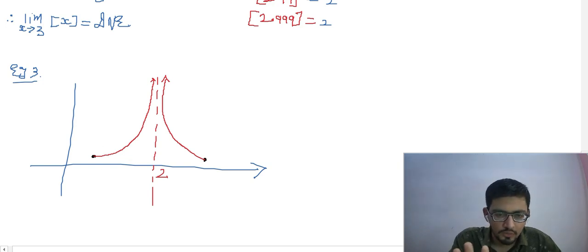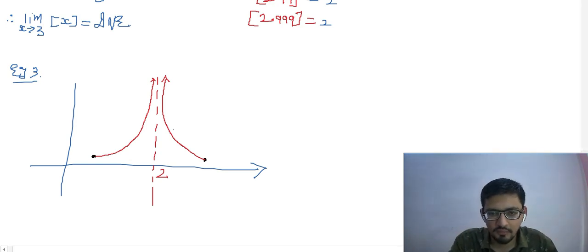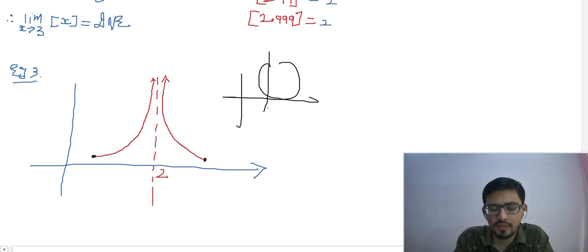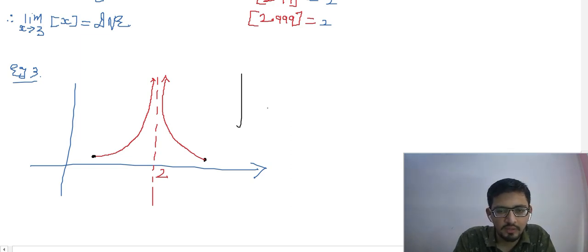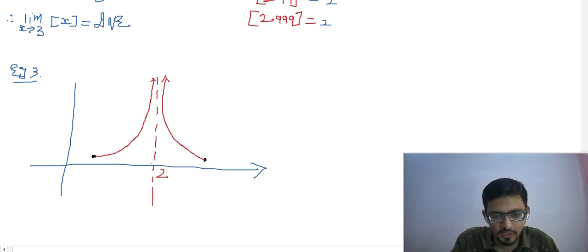So first of all, this is a function. For the limit of a function we are finding, the first important thing is it should be a function graph. For example, if it is given like this, a circle, this is not a function by the vertical line test, so there is no point of discussing all this. We are talking about the limit of the function. First of all, it should be a function.